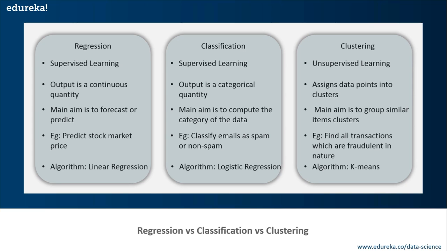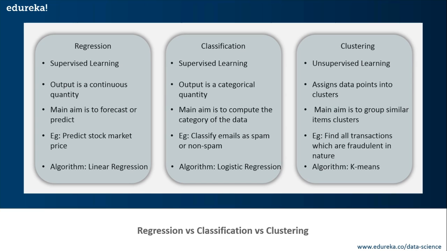Another type of problem is the clustering problem. Now, this type of problem involves assigning the input into two or more clusters based on feature similarity. For example, if you want to cluster viewers based on their interests or based on their age and geography, you can do that using clustering. Okay, and clustering problems are solved by using unsupervised learning algorithms like k-means. So guys, these are the three different problems that are solved by using machine learning.